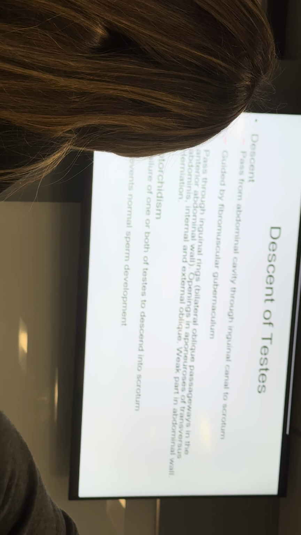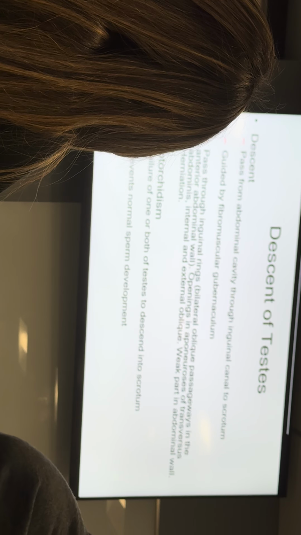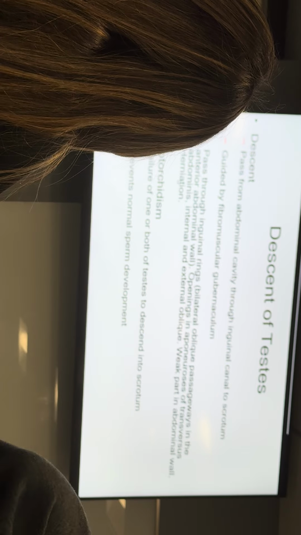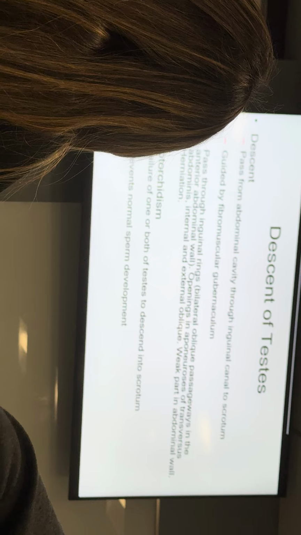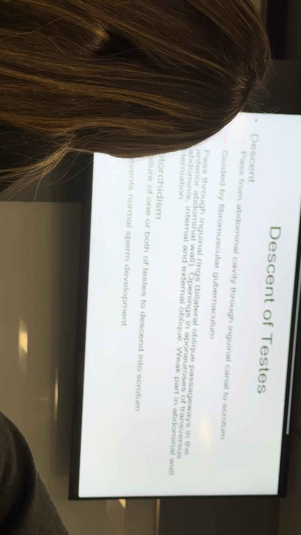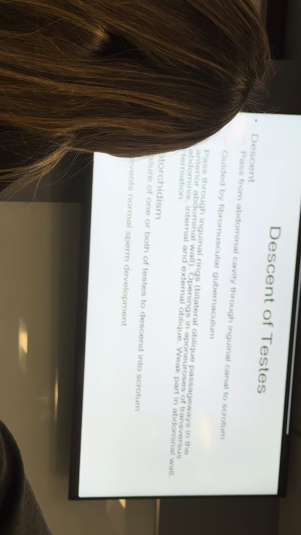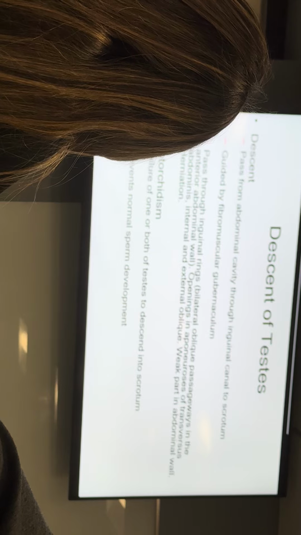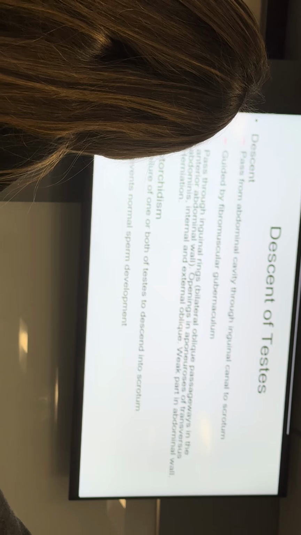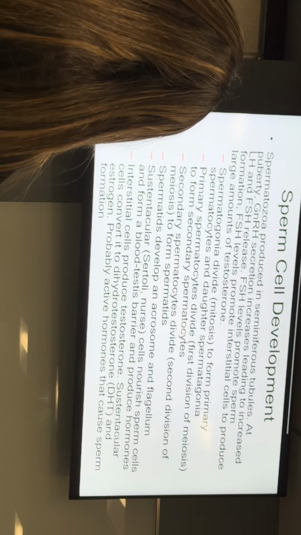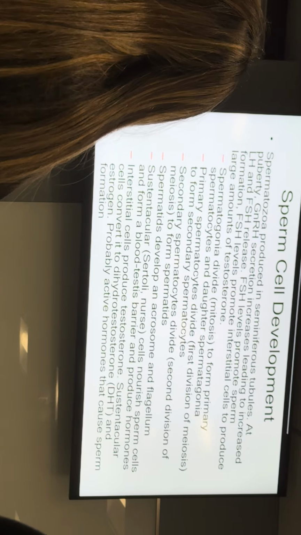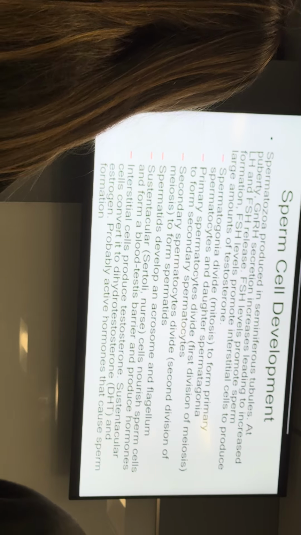Normally when you have cryptorchidism, they surgically correct it within the first couple months of life. You can just go in and pull it down. But if only one has failed to descend, sometimes the parents choose not to correct it, because there are always potential complications whenever you do any sort of surgery. So that is it. Now we're on to a big topic here that's a great time to stop, actually.